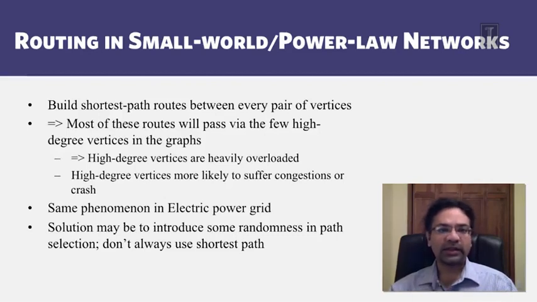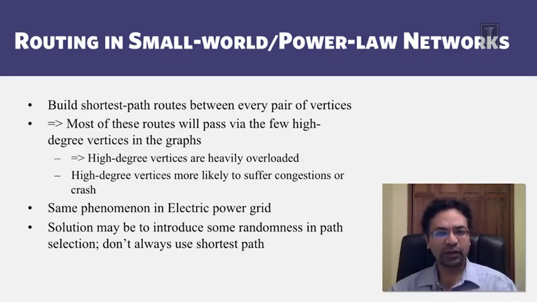What about routing in these networks such as the internet? If you build shortest path routes between every pair of vertices, it turns out that in small world power law networks, most of these shortest path routes will pass through some high degree vertices in the graphs. So these high degree vertices get highly overloaded with these shortest paths, and they're likely to suffer congestion and perhaps even crash. And as we have seen from the previous slide, if you disconnect some of these high degree vertices, it's also likely that the entire graph will be disconnected and you might have an outage in the